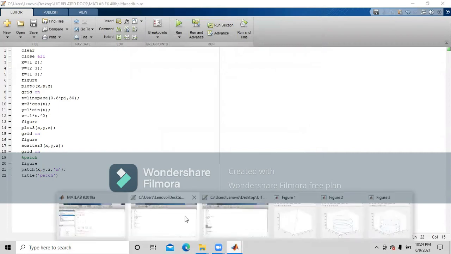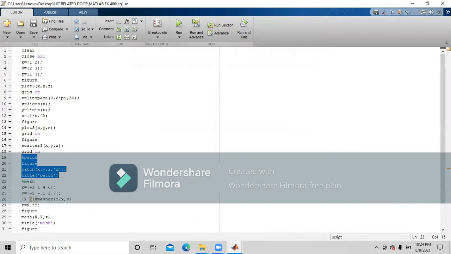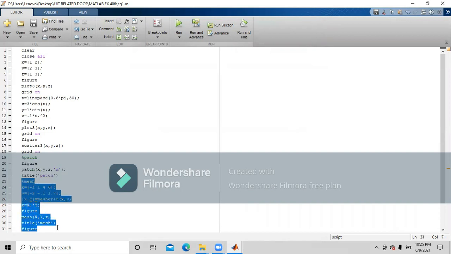Next command which we will see is the mesh command. So mesh is a special command, and the MATLAB function meshgrid is used in it, which makes it easy to create the X and Y arrays required for these plots. Okay, so I'll just copy it.